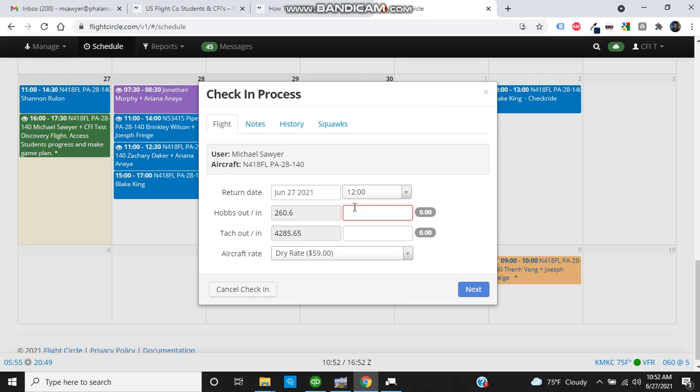We'll go ahead and add, for testing purposes, 261.60. That's 1 hour of Hobbs time. The tach time is the meter on the RPM gauge. And we'll go ahead and just record 1 hour of tach time as well, although